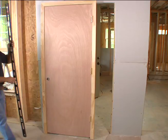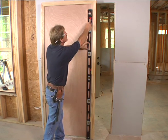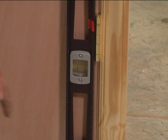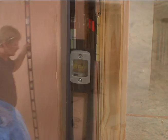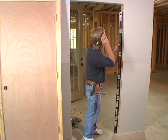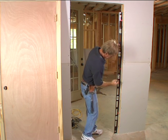Shimming should occur directly behind each hinge location on the door unit. Begin by taking an accurate measurement of each hinge location on the side of the door. Our installer has simplified the task by placing a piece of tape on his 6-foot level to indicate each hinge location. Next, simply transfer those measurements to the hinge side rough opening stud with a pencil mark as a reference